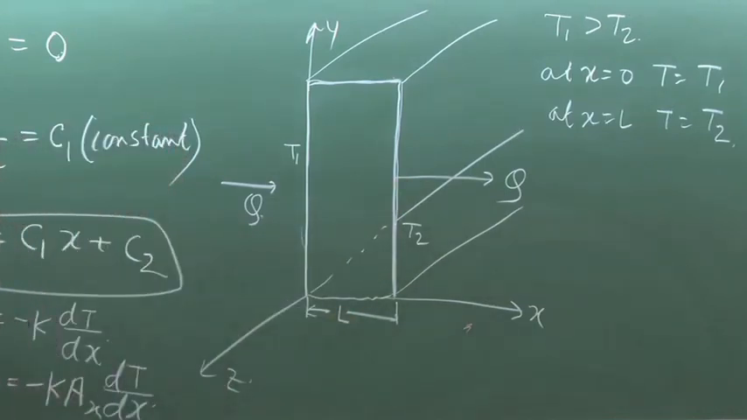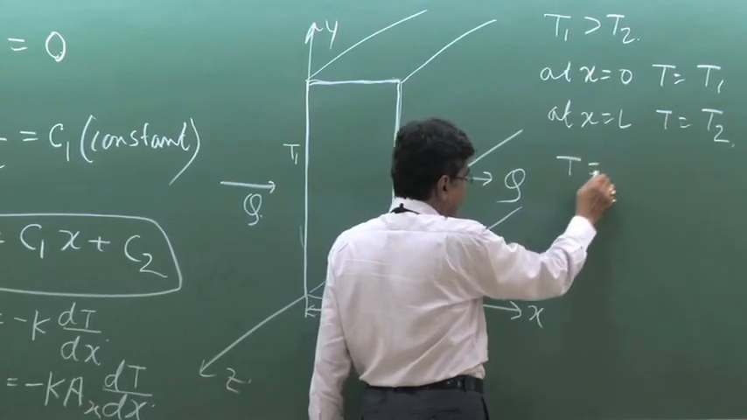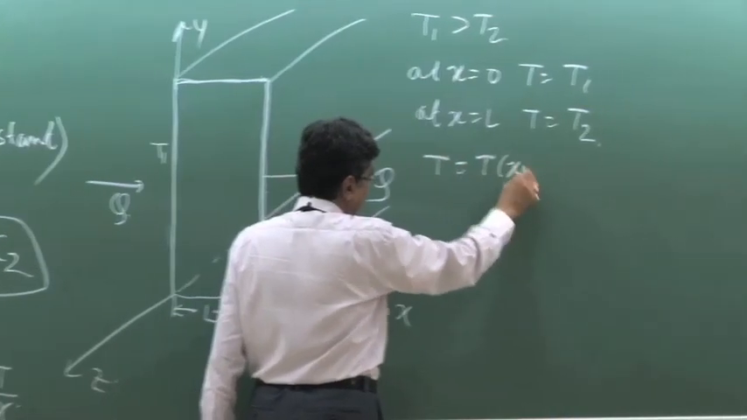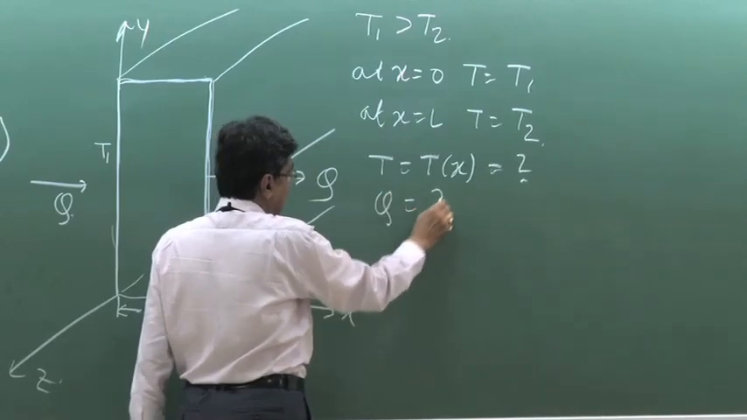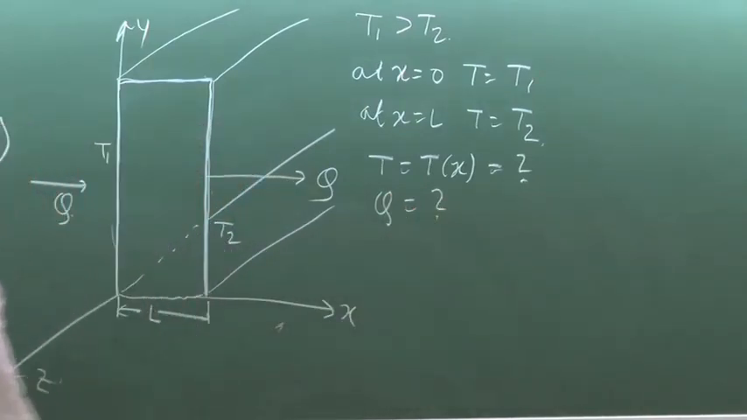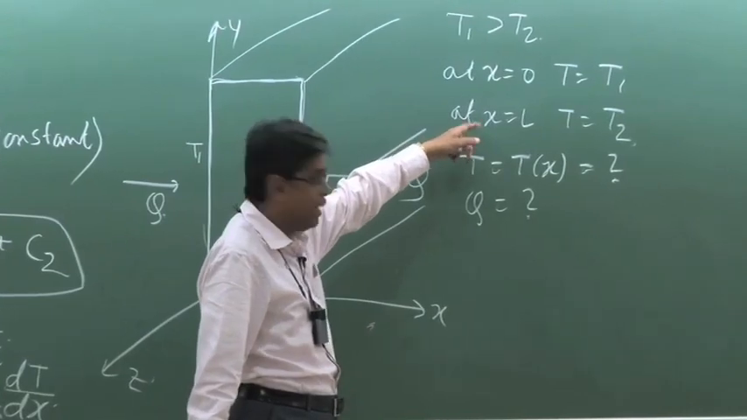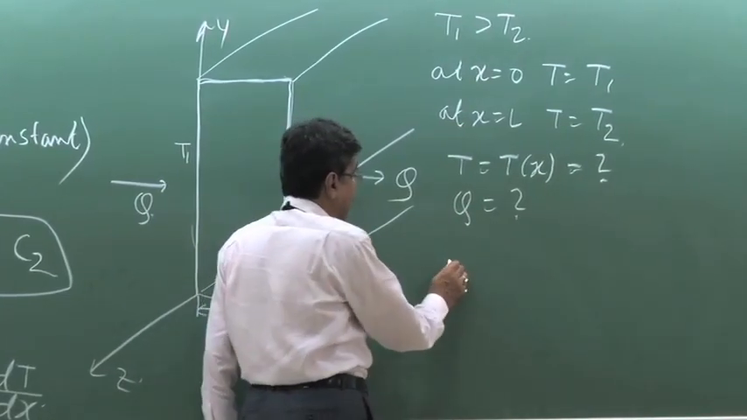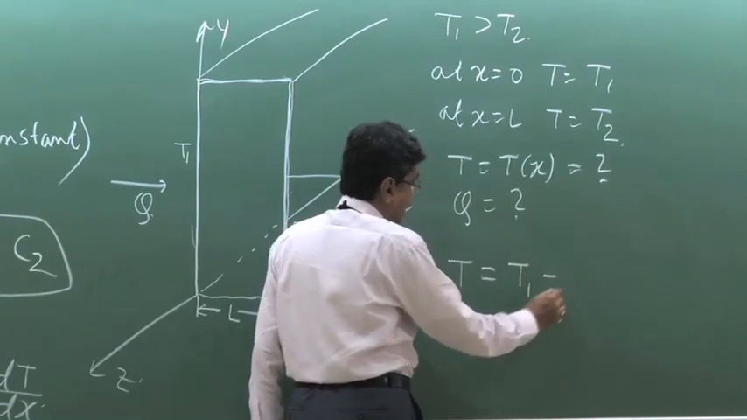What is the Q and what is the temperature distribution? So this is the most simple problem. What is the temperature distribution and what is the heat flux? Now temperature distribution will be found by finding out the C1 and C2 by using these boundary conditions, and you get an expression. If you do so, T is equal to T1 minus